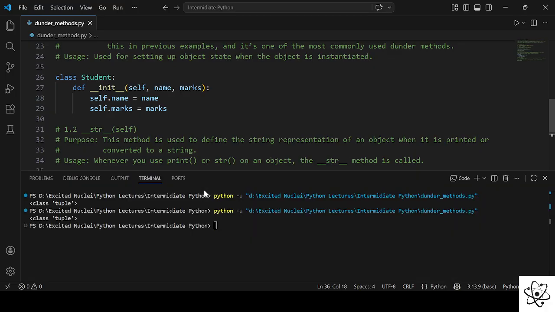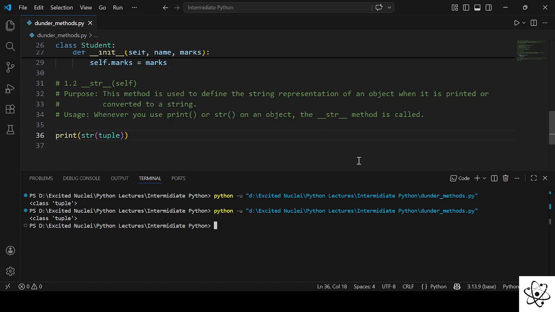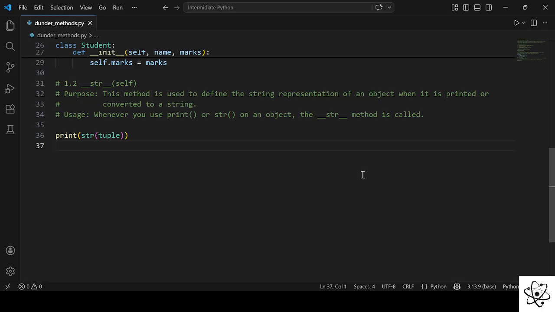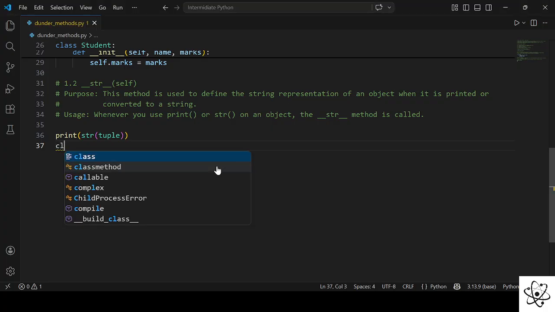When I run this code, even after putting the string here, I am getting this class tuple. So this is a string representation of this class, and the class name is tuple. So we are just going to replicate a similar thing in our student class, and let's start by